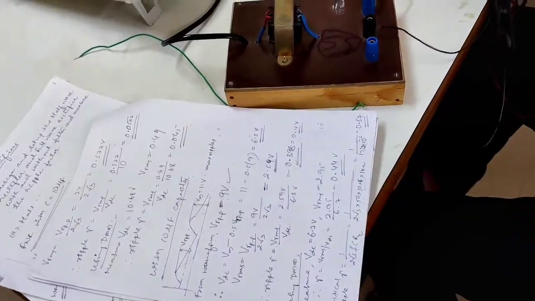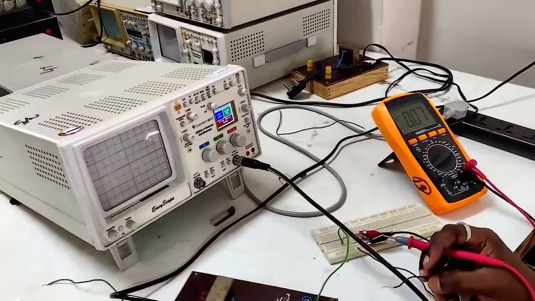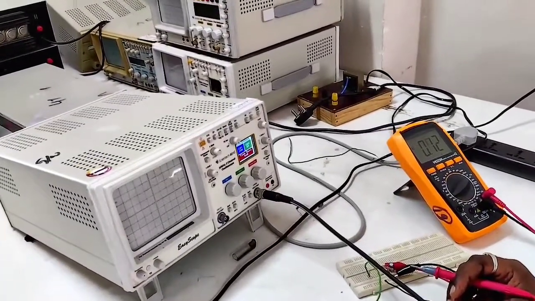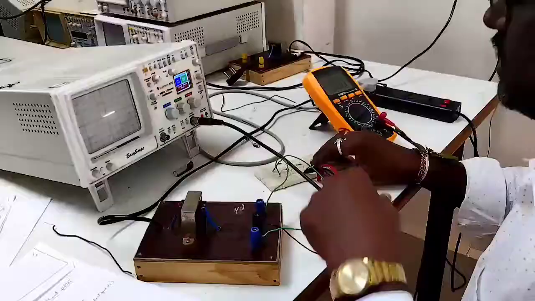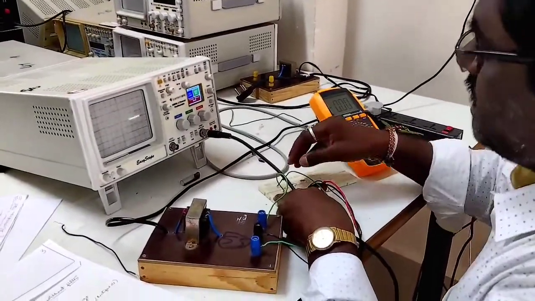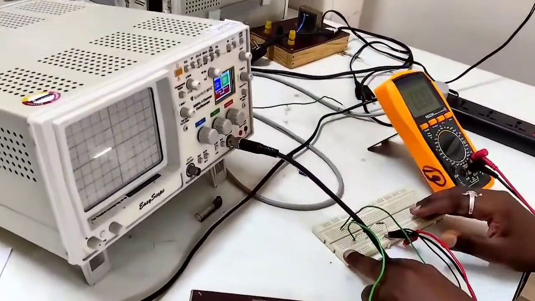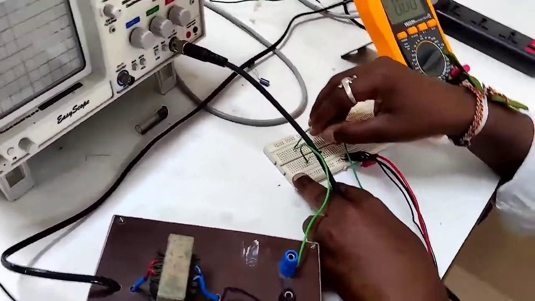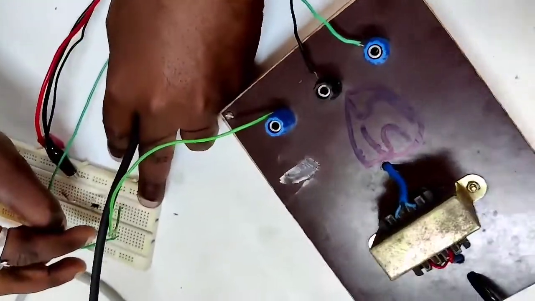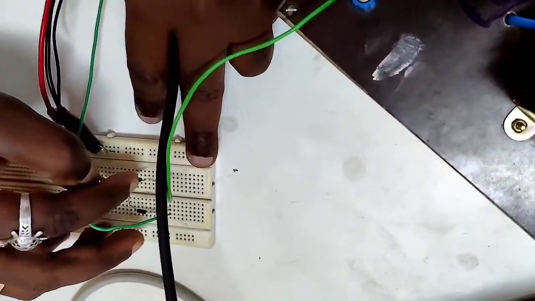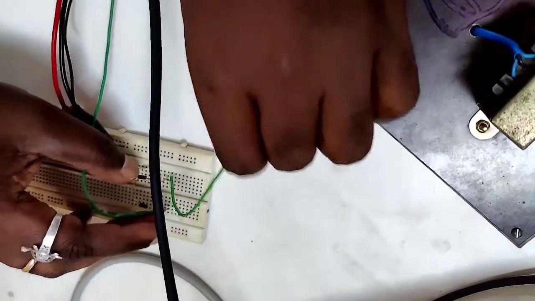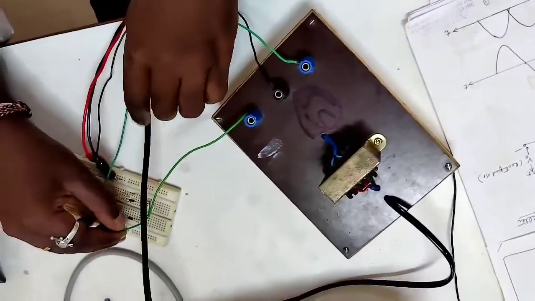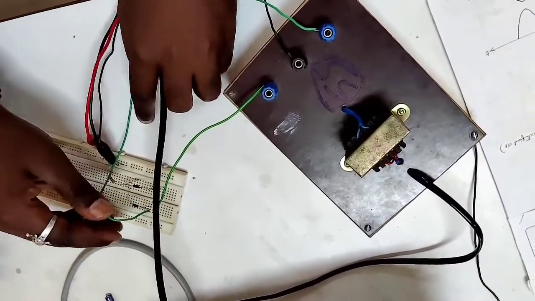So what is your theoretical ripple factor with filter for the half wave? 0.05, right? Now I will go for 10 microfarad. I am going to conduct an experiment for the full wave rectifier without filter. So it needs two diodes as shown in this circuit diagram. I have connected this anode to one positive side of the transformer, and another positive side of the transformer is connected to this anode of the diode.